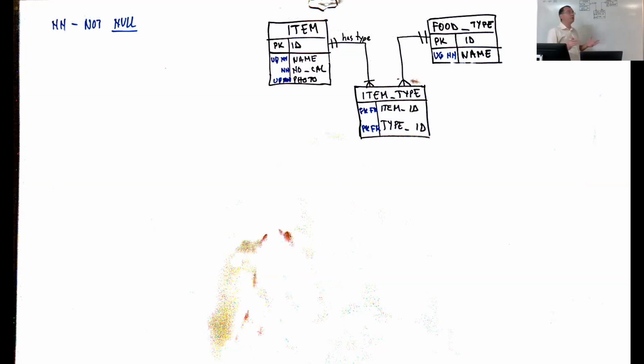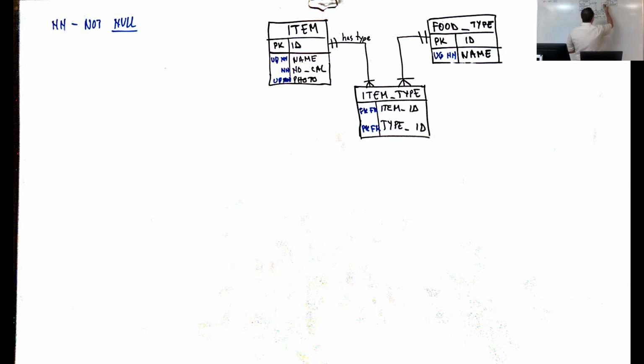So we still need to put a name to our relationship. So food type, we generally go from one to many when we read. So we have the type contains, I'll put here, contains, or contains item. If we have several contains, we can specialize to contains item, item type. So this clarifies the relationship with